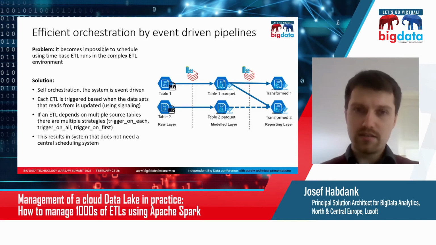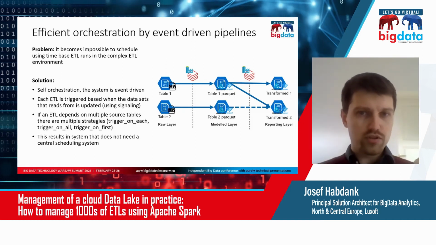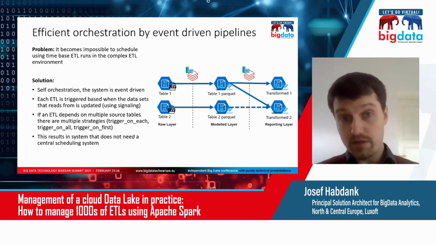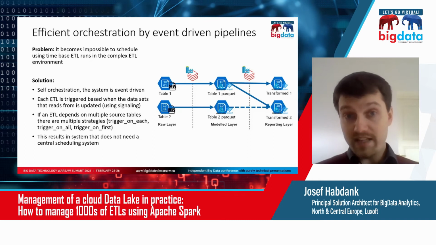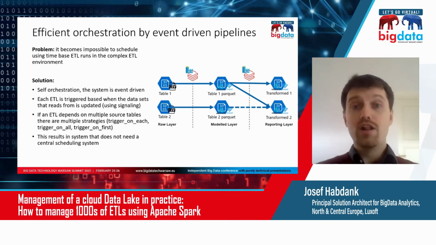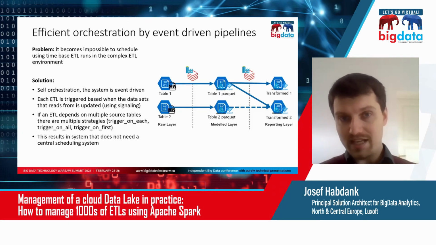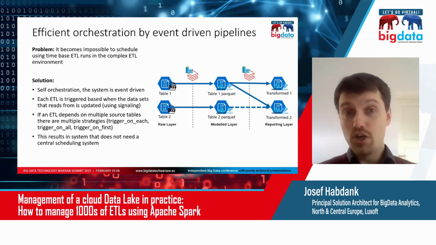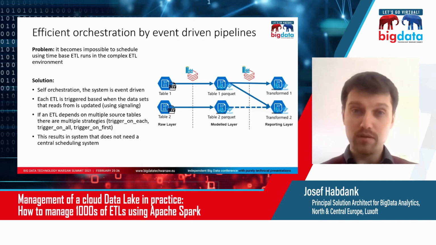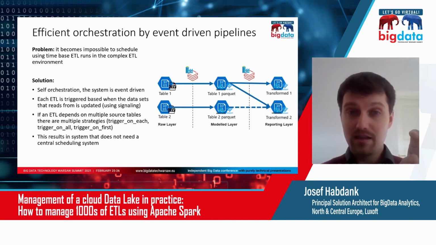When this message is emitted, the system automatically checks what data sets, what ETLs are connected in the lineage that are reading from this data set. Because we have lineage in our config files, we can simply find out, okay, this data set, table 5, is updated, I don't know, customer database. Let's check what ETLs are reading from this, because lineage is explicitly stated and each ETL is explicitly declared. You can automatically see these 5 ETLs depend on the customer table. So let's trigger those because there is activity on the data set that they depend on.